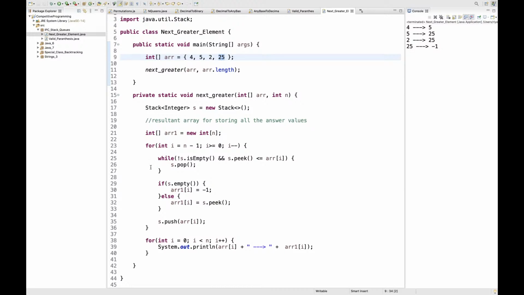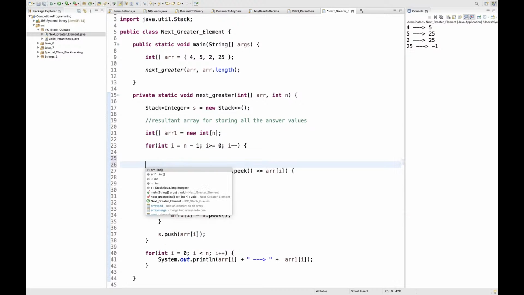Now what basically happens is, then you have a 2 at this point, है ना. You will see here that 2 is definitely not greater than the element that is present at the top of the stack. So you simply put that value in the stack itself again. This is how we are putting the values again and again, right?